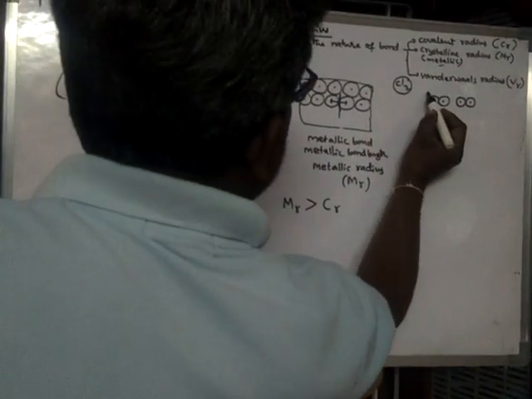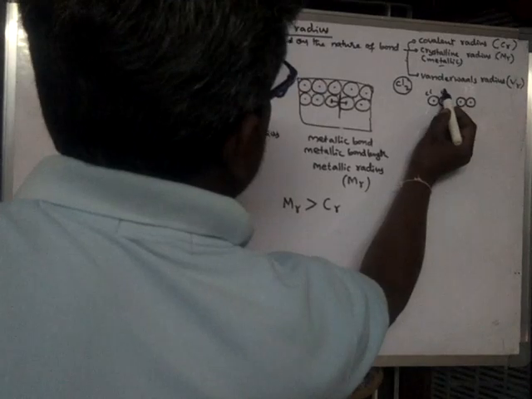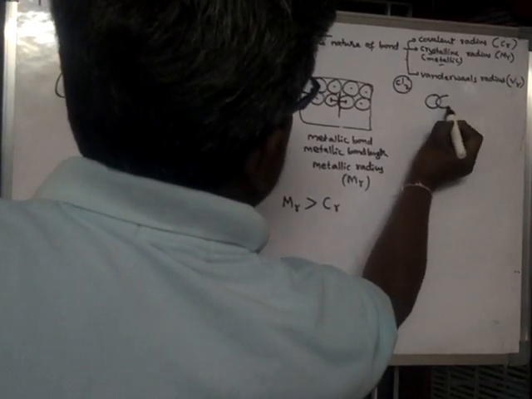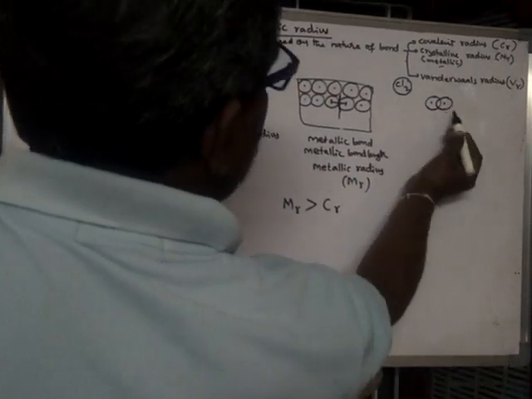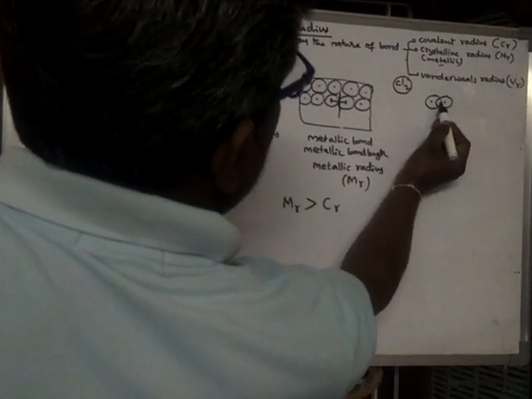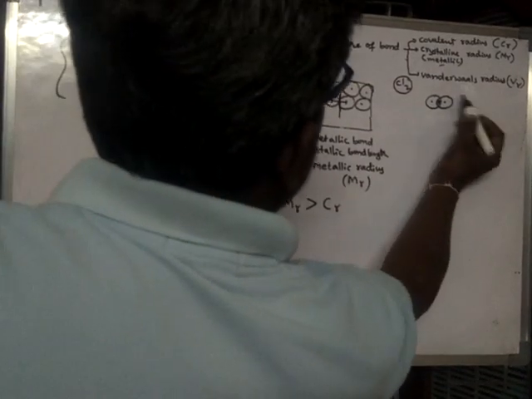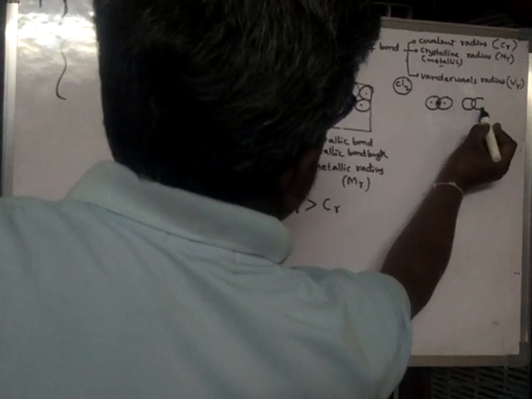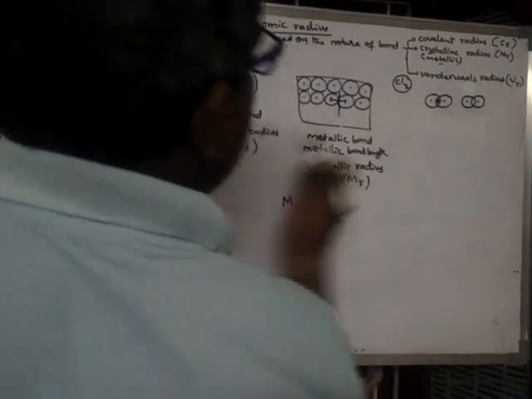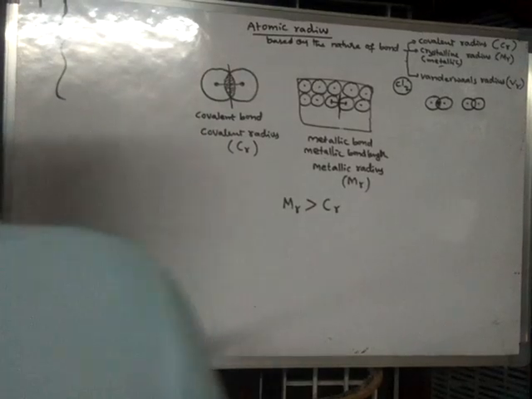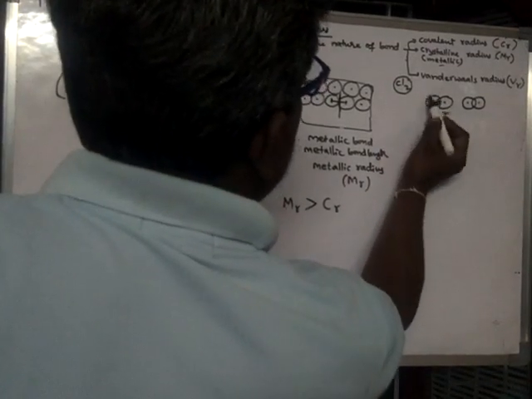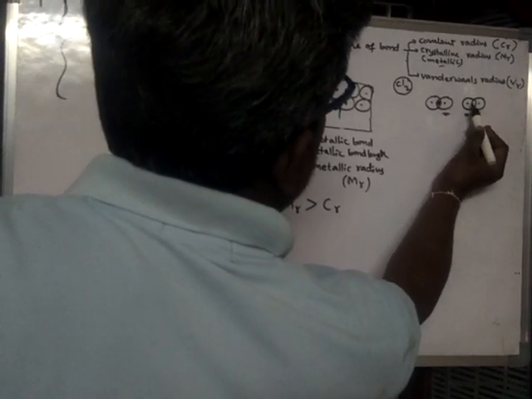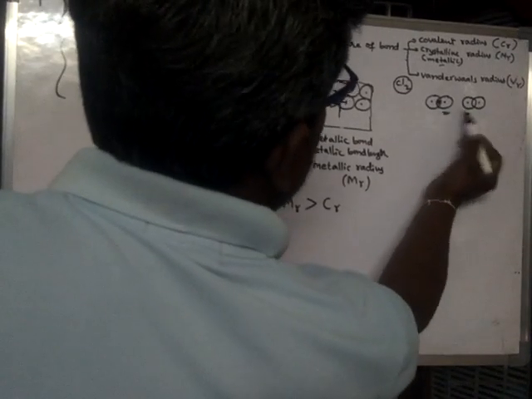So this is one chlorine atom and this is another chlorine atom. See, actually the chlorine molecule will be like this, Cl2, two chlorine atoms merged. So between the two chlorine atoms there will be a covalent bond. So this is a chlorine molecule, and its neighboring chlorine molecule will be again like that. Okay, so this is the chlorine atom from one molecule, and here this is the chlorine atom from the other molecule. So these two are different molecules.